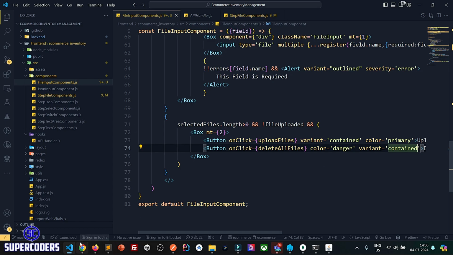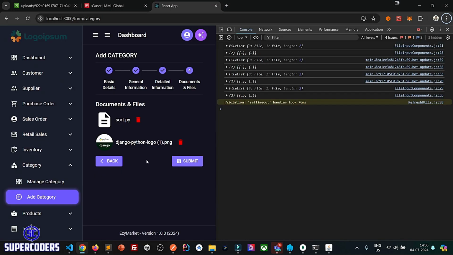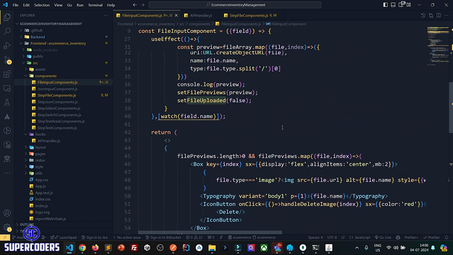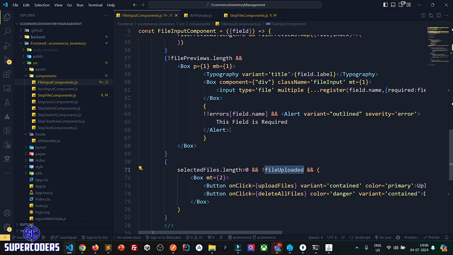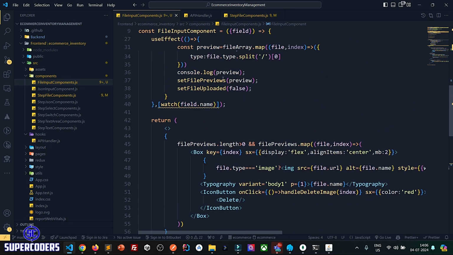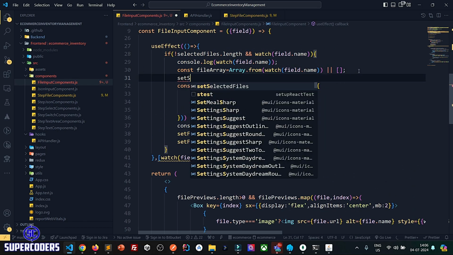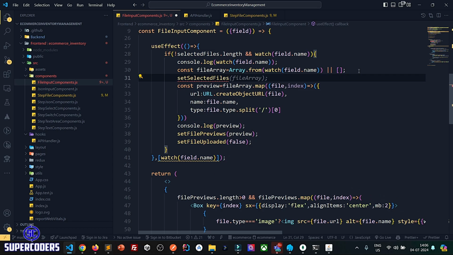Save it, back to Chrome. File not uploaded. Selected files length greater than 0. Okay, selected files is not set yet. So here after selecting the files, just set selected files, pass your file array. Now save it, back to Chrome,